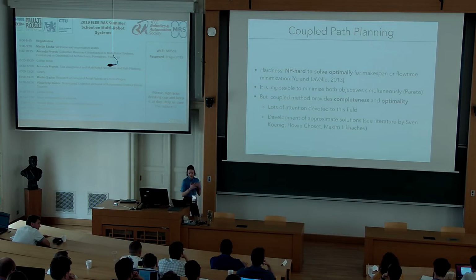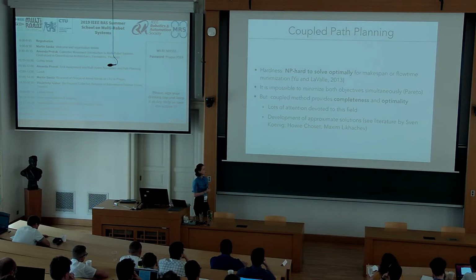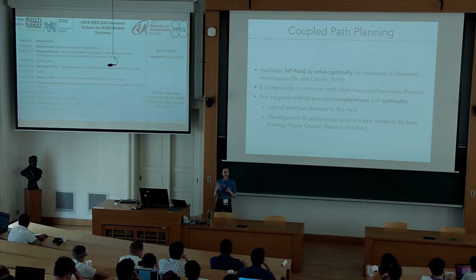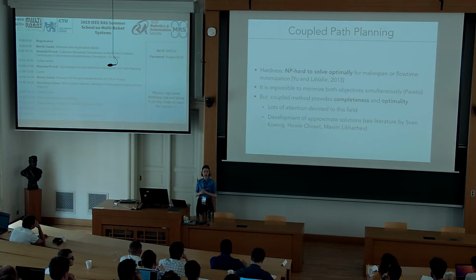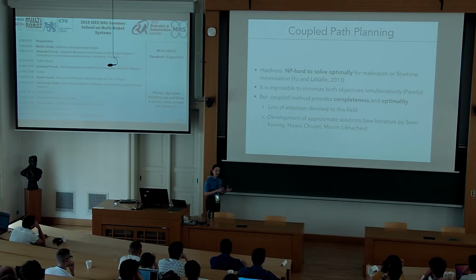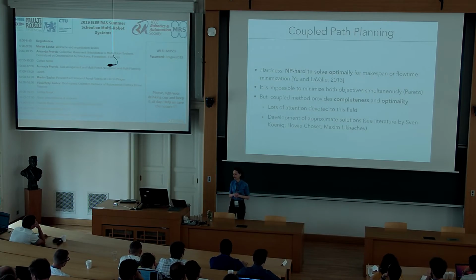And we know, however, that the coupled method is the only one that provides completeness as well as optimality, and we're trying to achieve this in many real-world applications, but it's really, really hard. And because of that, there's been a lot of attention devoted to this field, and there's been a proposition of many different methods. If you look at the papers coming out of Sven Koenig's lab or Max Likhachev's lab or Howie Choset's lab, you know that there are approximations to the standard coupled path planning algorithm that try to achieve